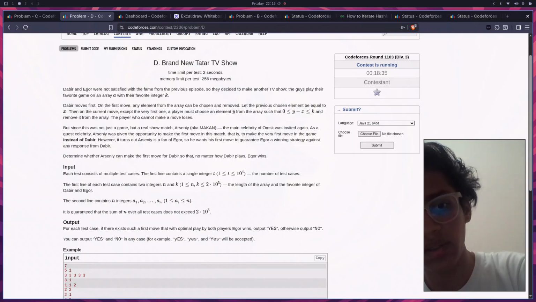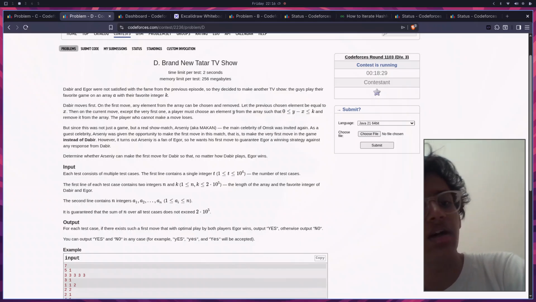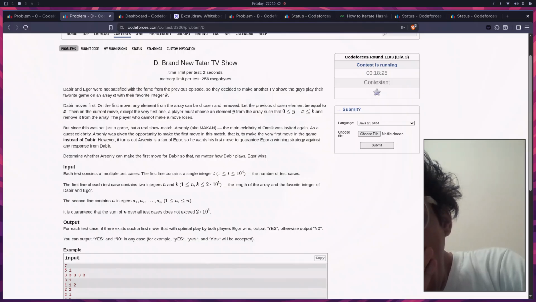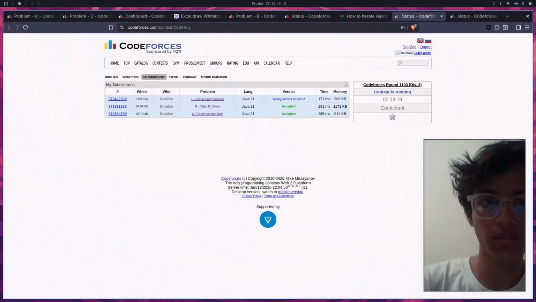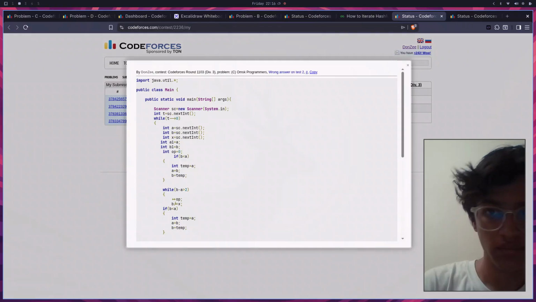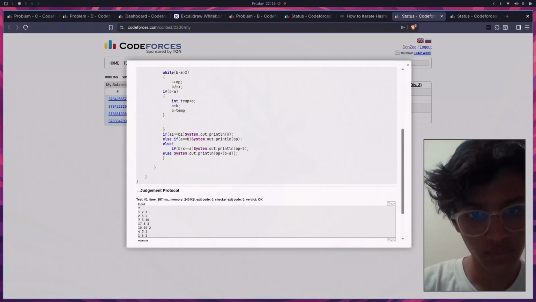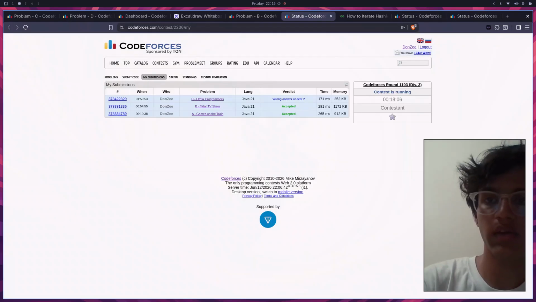Then a player who cannot make a move loses. The first plays something, then as the